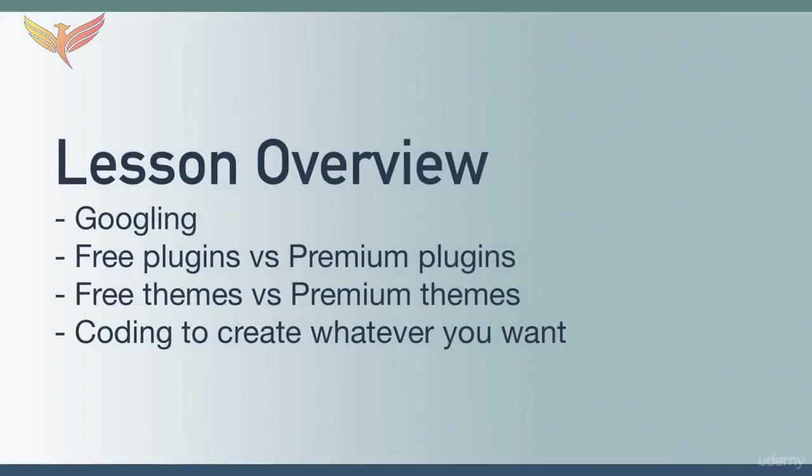Okay, so at this point so far, we've talked about Google researching when it comes to WordPress. We've discussed premium plugins and premium themes. And with just those three tools, a lot of people are able to create a job or business or career for themselves of creating WordPress websites for clients. There is, however, another way to create even more unique or custom solutions with WordPress, and that is to create